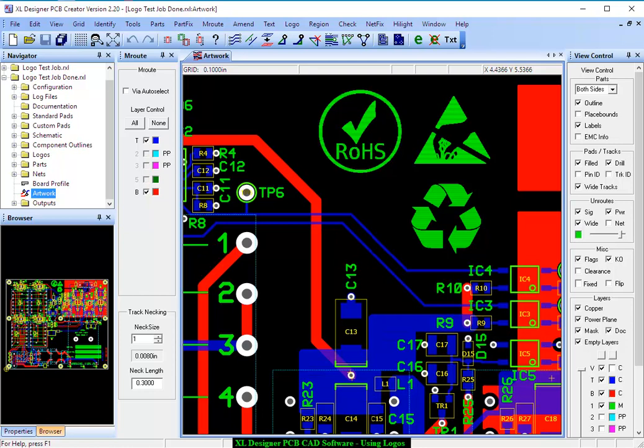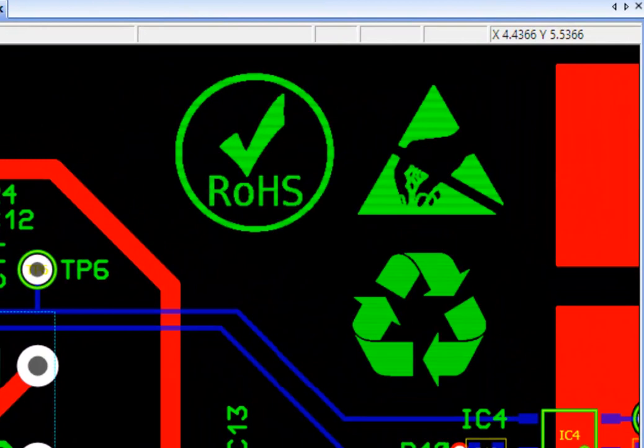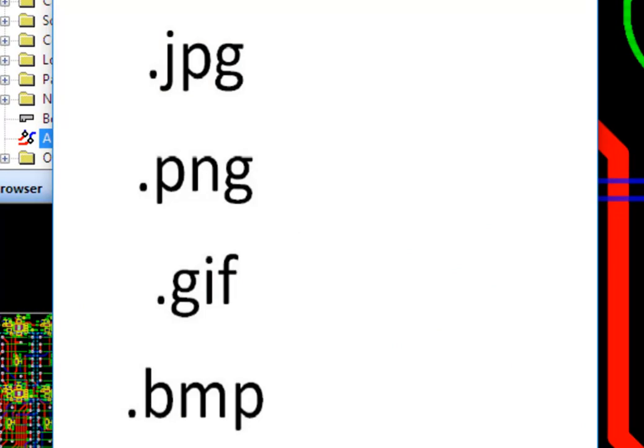This short video will explain how to import images for use on the artwork design in the Excel Designer software. On the screen you can see an artwork with 3 images that have been added to the silkscreen layer. The images from either a JPEG, PNG, GIF or BMP format file can be added to any layer type, including